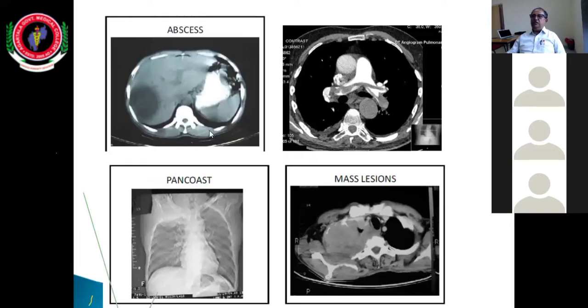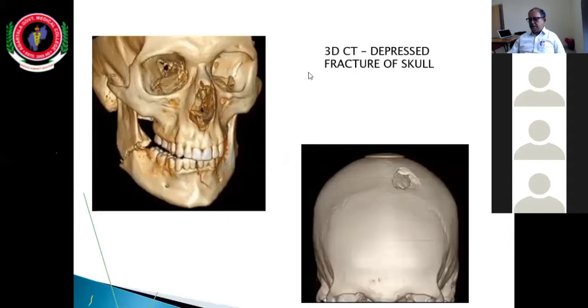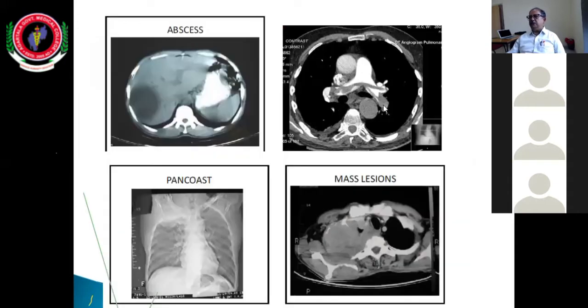This is the CT scan image of the liver showing a hypodense area suggestive of liver abscess. The CT scan of the heart: this one is the great vessels. This is the ascending aorta, this is the descending aorta, this is the pulmonary artery, right pulmonary artery, left pulmonary artery. Within this, there is a filling defect, suggestive of pulmonary embolism.